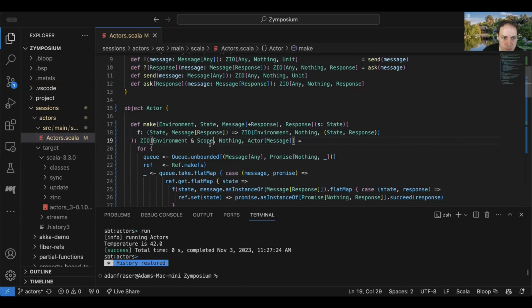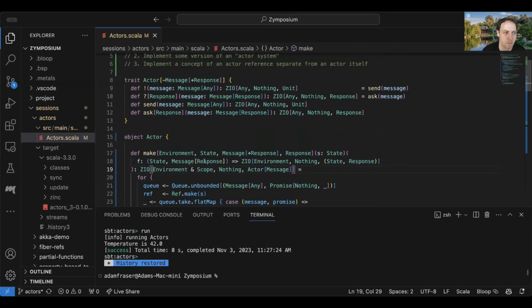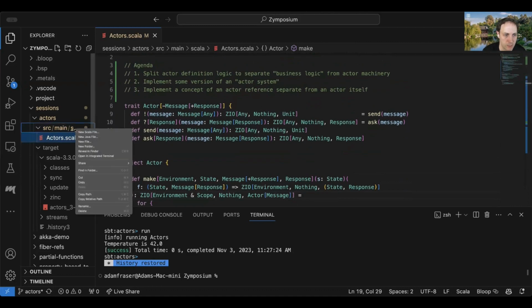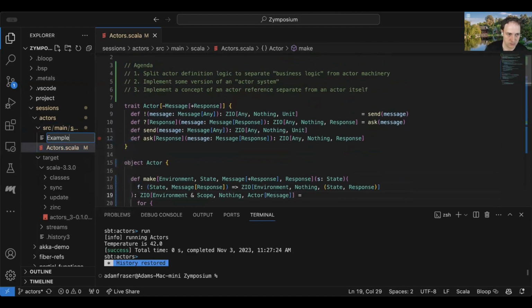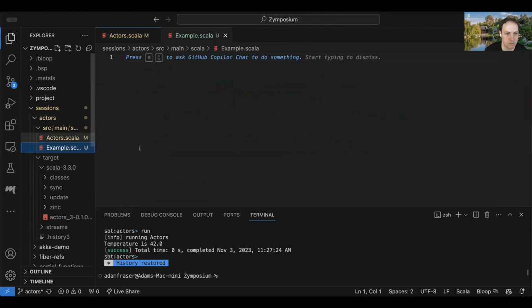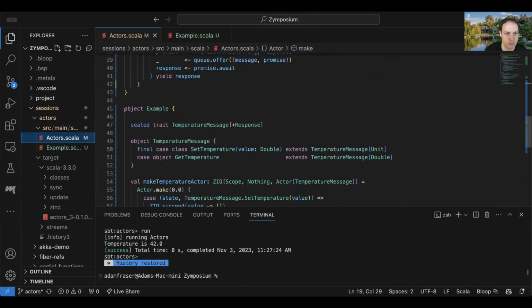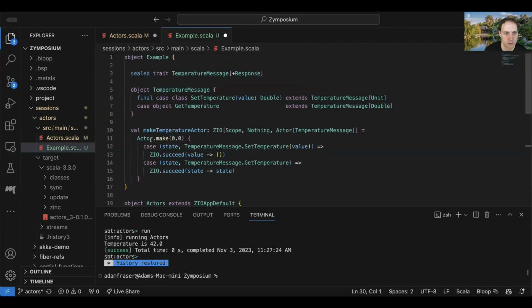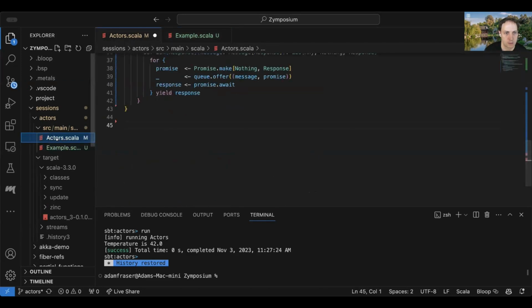So why don't we start to work towards that actor system, and that'll also push us in the direction of having at least the architecture for doing a more distributed version of this. So the first thing I'm going to do here is a little bit of cleanup. I'm going to move this example to its own file here, and I'll just rename this to the actor.